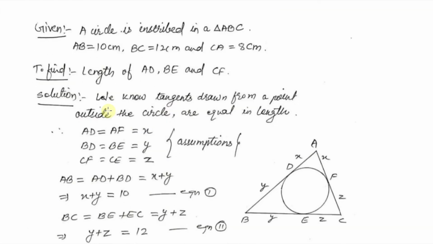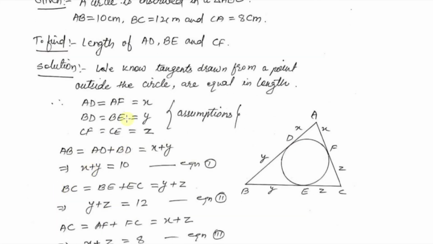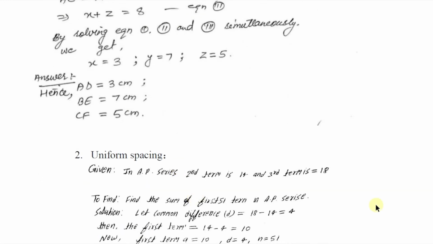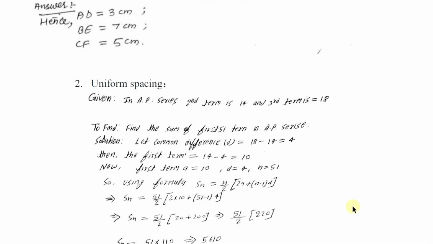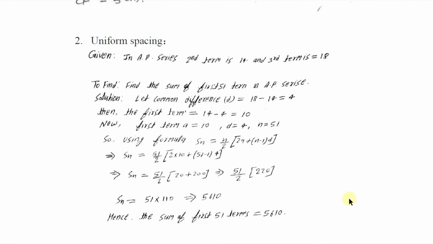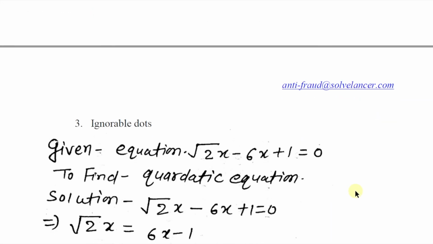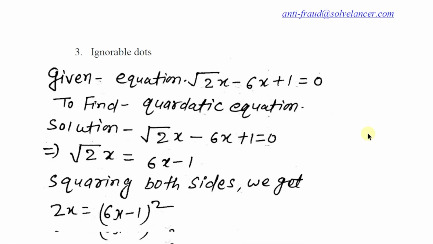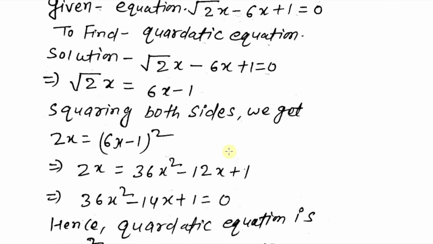It is important that in this question it is not completely left aligned, but yes, we can pass this answer because a student can easily understand this question. Next, we'll see the uniform spacing. There are times when uniform spacing is not maintained between two words or between the lines, but if a student can understand those answers, we can pass this. If the answer is correct, we can pass. Next, ignorable dots. For example, in this question, there are a few ignorable dots here, in this part, but there will be no issue for the student. They can easily understand this. So our duty is to pass this type of answers.